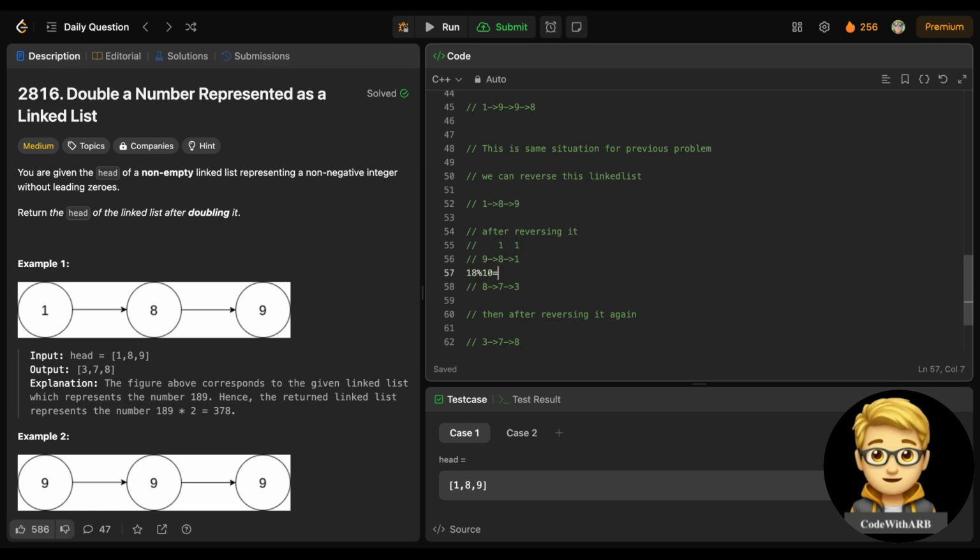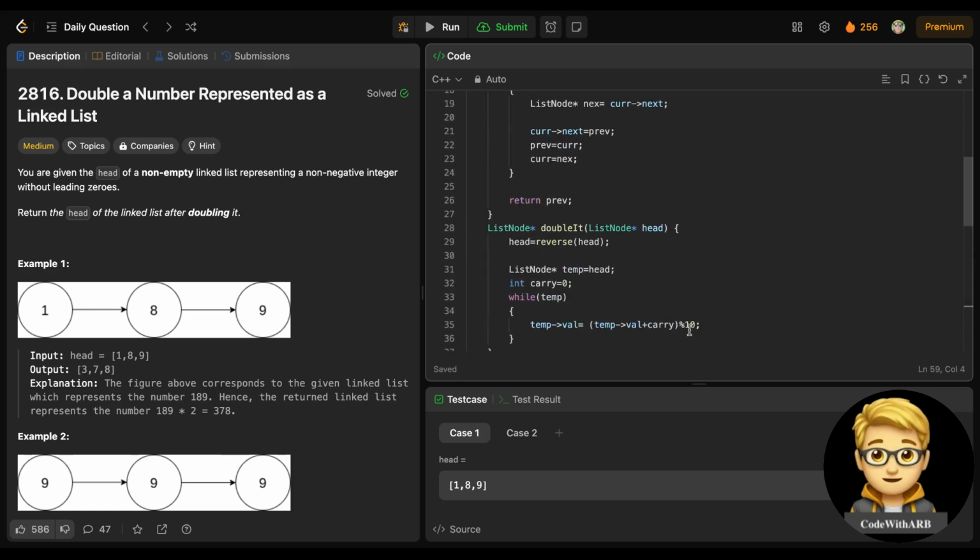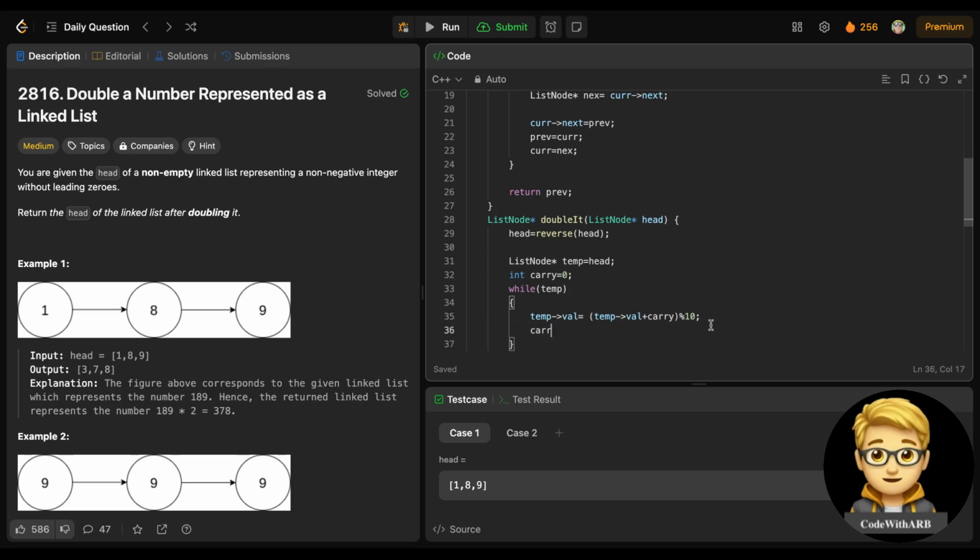When I take a modulus with 10, it will store 8, and when I divide it by 10, it will give me 1, right? So for storing 8, I am taking the modulus, and for carry forward I need to take it divided by 10 simply,